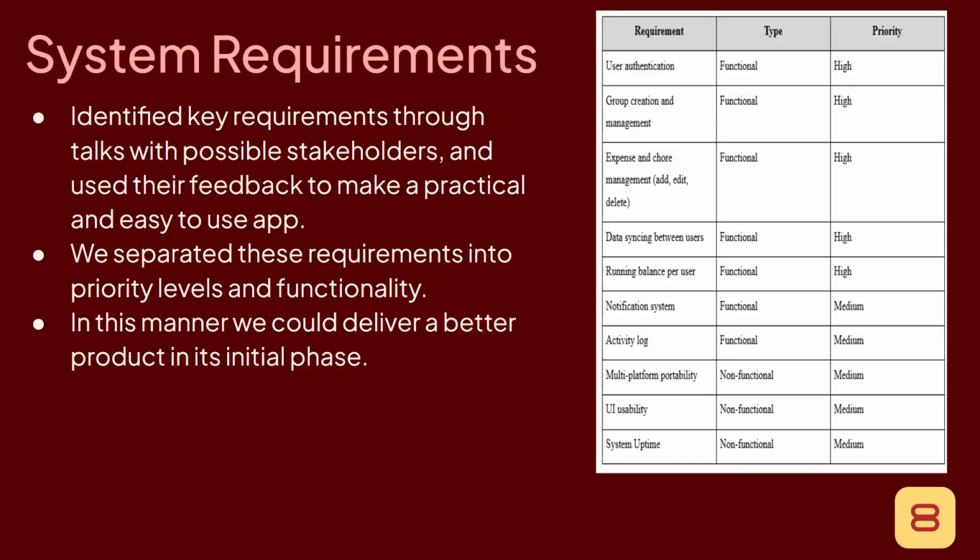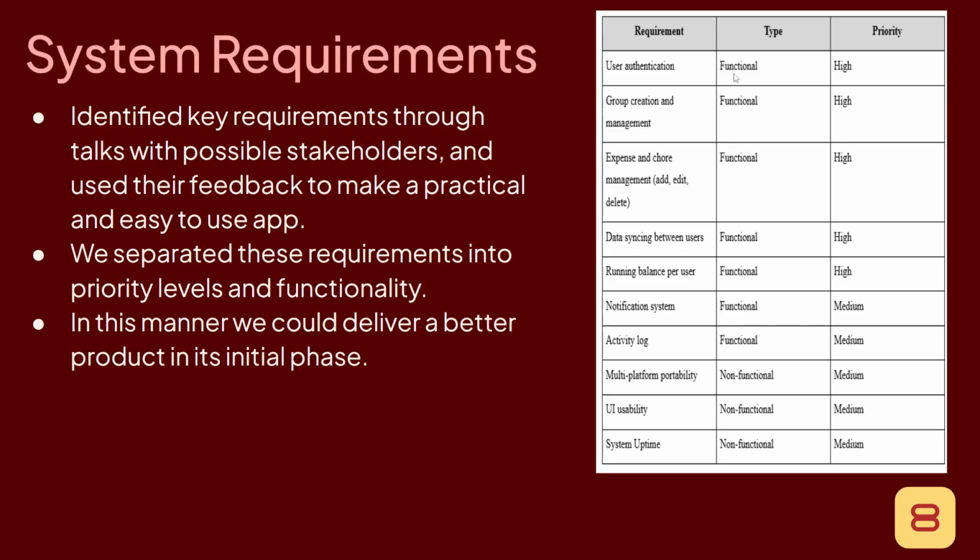For system requirements, we identified key requirements through talking to possible stakeholders and used their feedback to make a practical and easy to use app. We separated these requirements into priority levels and functionality. In this manner, we could deliver a better product in its initial phase. You can see on the chart on the right that we listed certain requirements, and whether each was the functional or non-functional type, and then for each of these requirements, we established